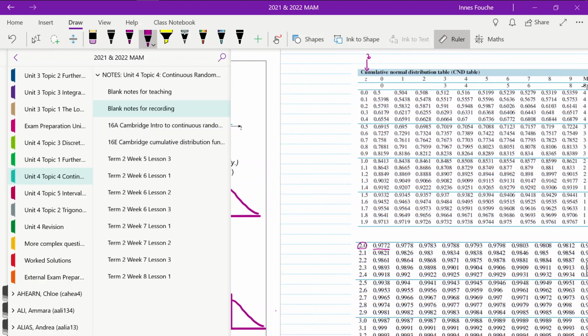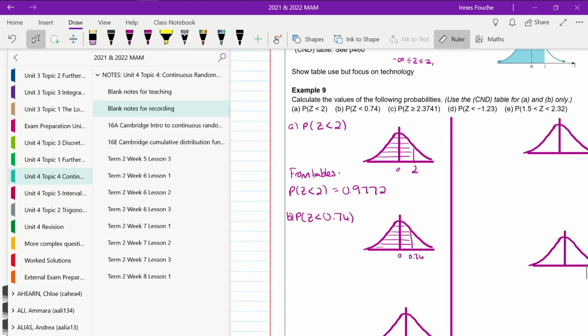Okay, so we go to the value of z of 0.7, but we need to go to 0.74, so we're going to go 0.7, 1, 2, 3, 4, and so 0.74 matches up over there, so it's 0.7703. So the probability of z being less than 0.74 equals